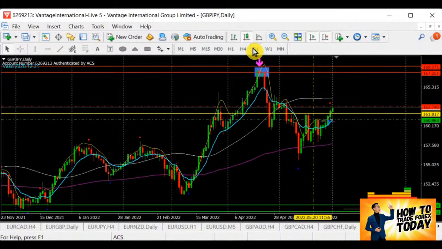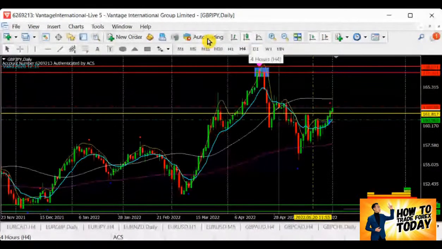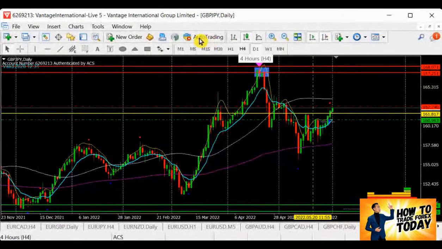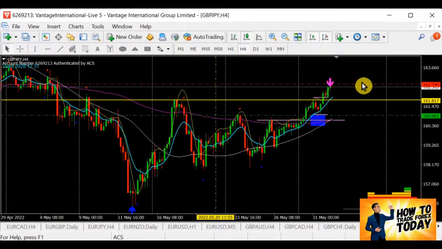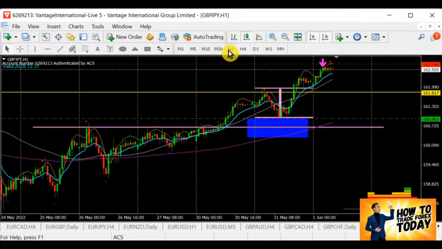Pound yen. We have been focusing on pound yen for quite a few days, and today pound yen will still be good for us. Right now the pound yen is going for a retracement. In H4 we are also on the resistance, which is quite good. We have a chance to sell, but we are selling within the retracement. People who are well versed in retracement, okay to trade, but if you're not, then better not to.